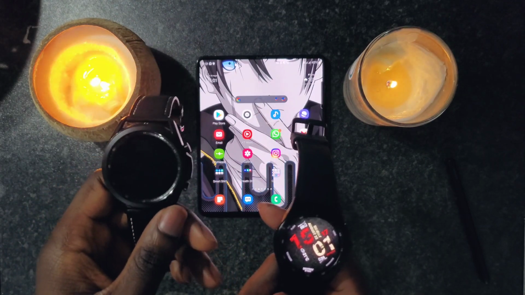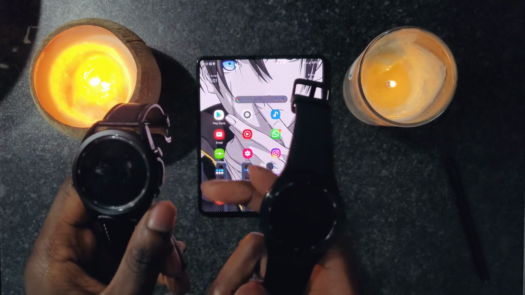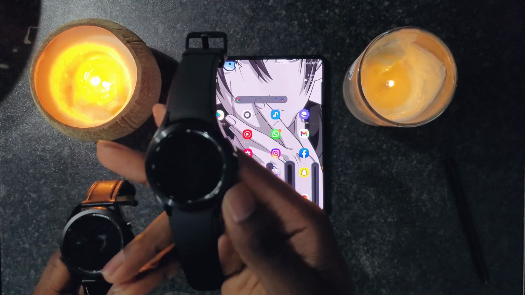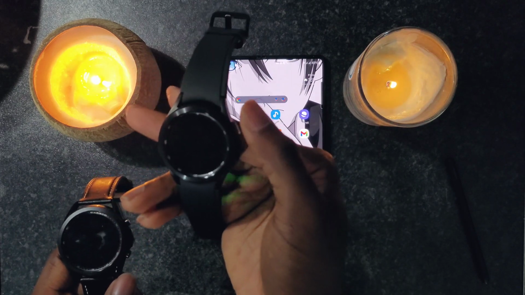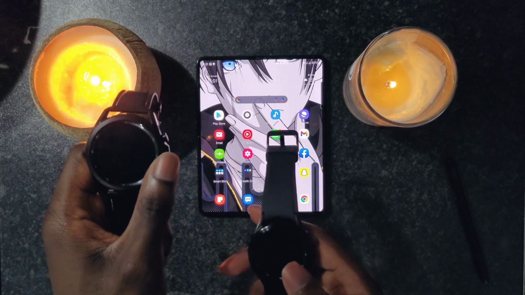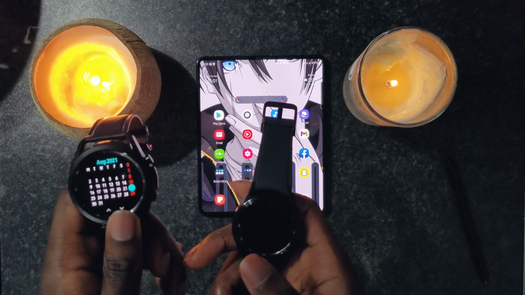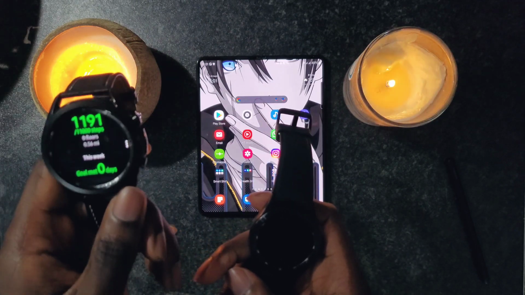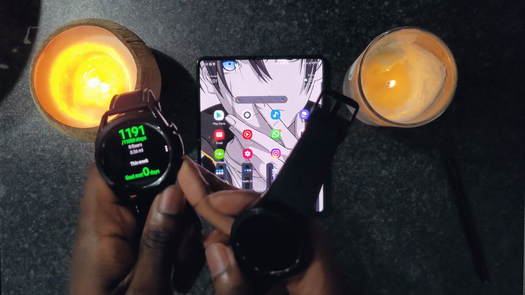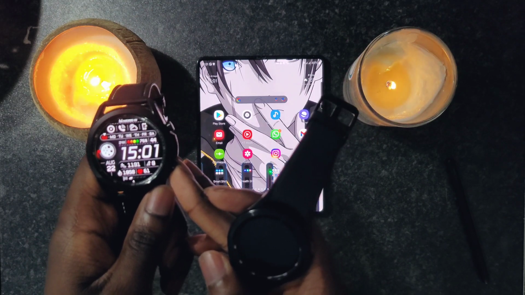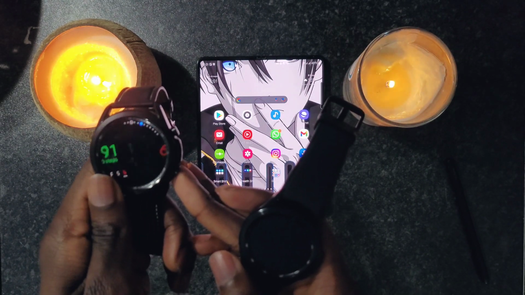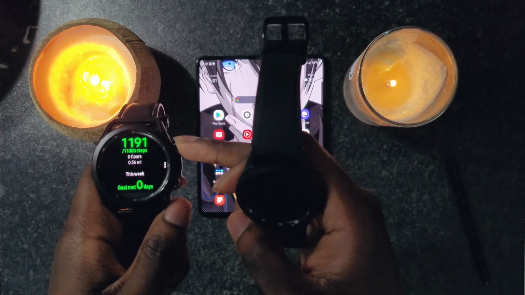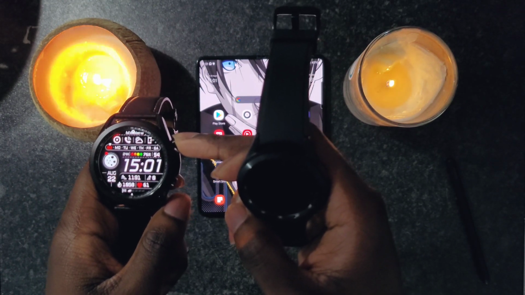In the Watch 3, the home button is placed at the bottom here and the back button is at the top. Whereas the Watch 4, the back button is at the bottom and the home button is at the top. To demonstrate, for example, if we go into our step count, and I want to go home on the Watch 3, I press there and it takes me straight to the watch face. Or if I go back to my step count, and I want to go back, I press the top bit, and it takes me back,